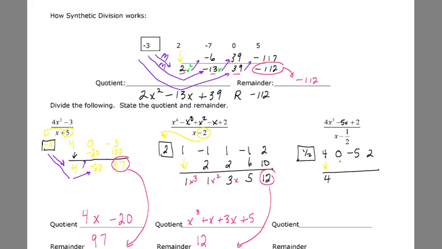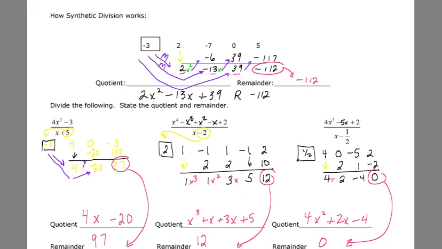Half of 4 would be 2. 2 plus 0 is 2. Half of 2 would be 1. -5 plus 1 is -4. Half of -4 is -2 plus 2 is 0. Watch your arithmetic. Remainder here is 0. The quotient is going to start off with a coefficient of 4. And since the original was a cube, this is going to drop down to a square, then a 2x minus